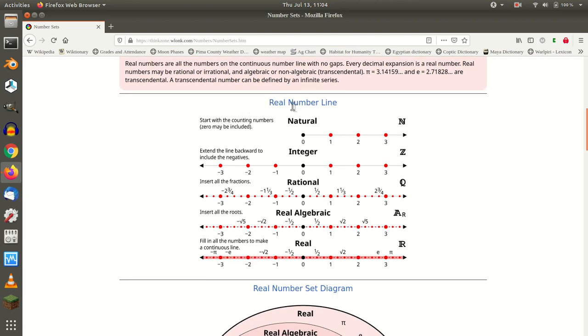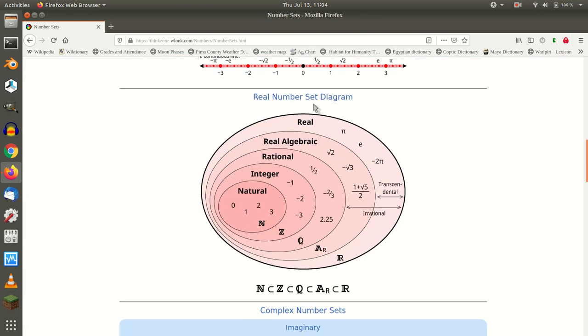Alright, so here we go. We've got the real number line, yada yada, naturals. 0 may be included, so 0 may or may not actually be in this. But they include it here in the naturals, in this version of it. Okay. Now here we've got 0 included in the naturals, and we have this containment hierarchy, and we can see that we have a complement to the rationals, we have a complement to the real algebraics, but in here we don't have a complement to the integers, and within the reals we don't have a complement to the naturals within the reals or the algebraics or the rationals, so like, okay,